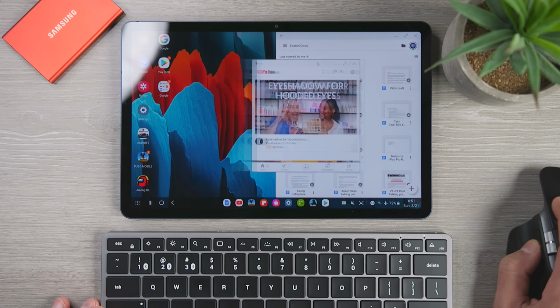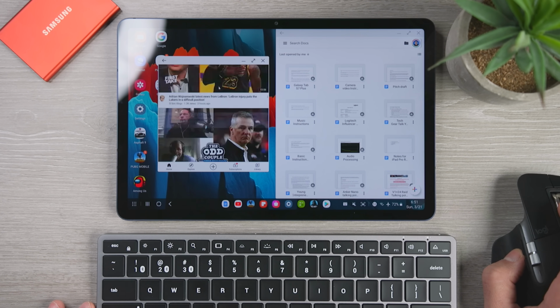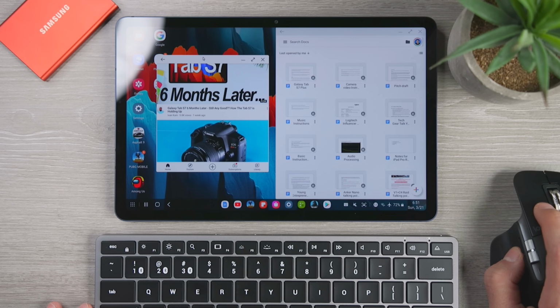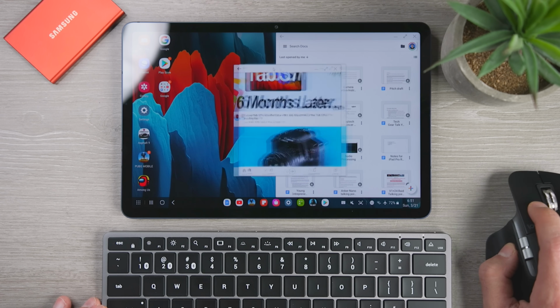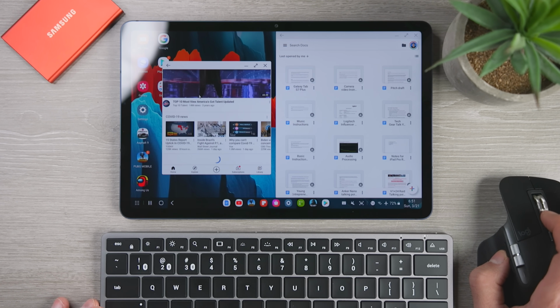But if you're looking for more of a laptop replacement, the Tab S8 has a super powerful feature called DeX. Now, if you're new to Samsung tablets, DeX essentially reboots the tablet with an OS that looks very similar to what you get on a laptop. You have a taskbar where you can minimize and see active apps. You have an actual desktop with icons, and you can run multiple floating windows or snap windows to the sides